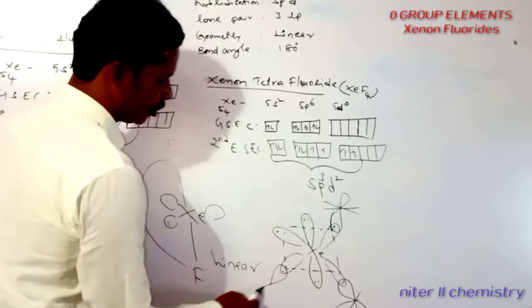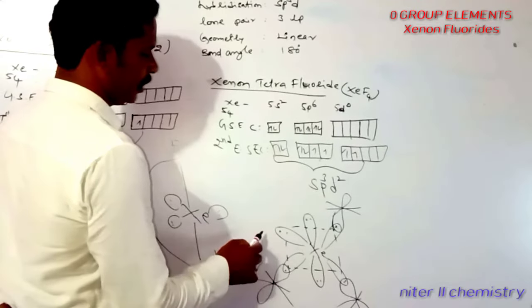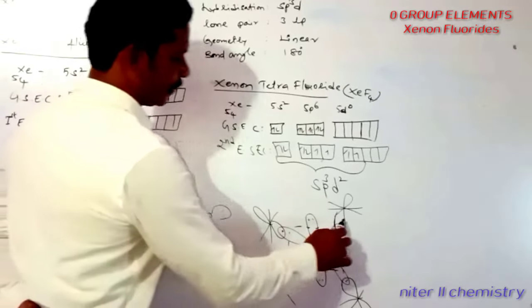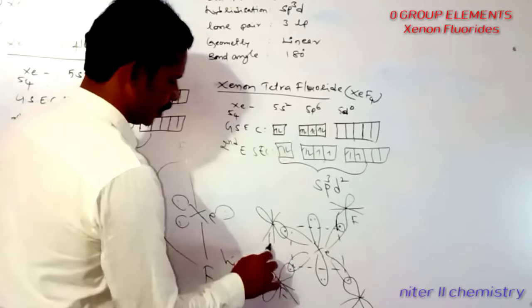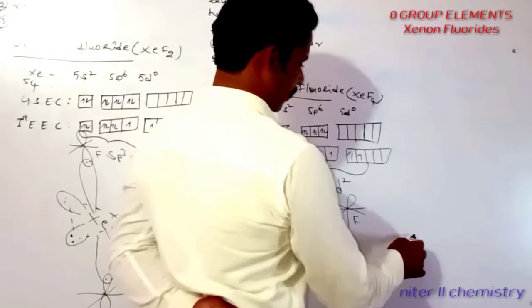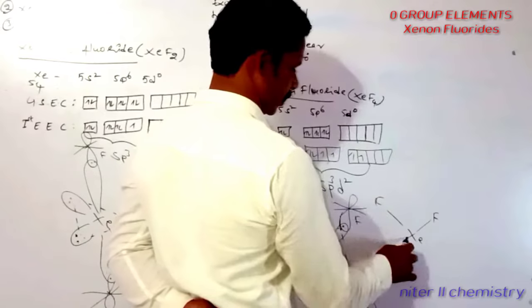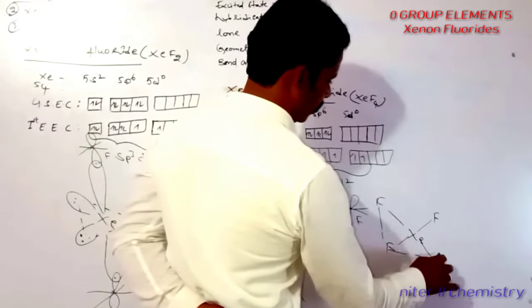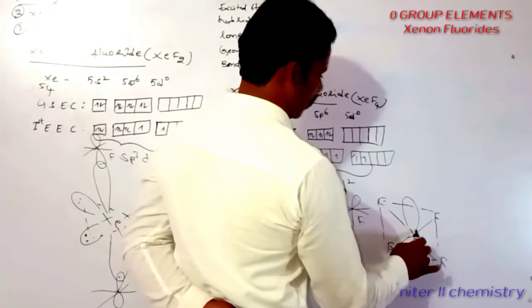Then how many bonds are formed? 4 sp3d2 p sigma bonds are formed. So it is a fluorine, and here also it is a fluorine, and fluorine. Then what we can write here, geometry: xenon, and the fluorine atoms around it. So here it is square planar, okay, and the remaining pair of